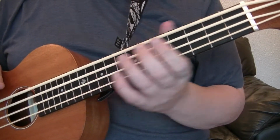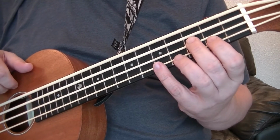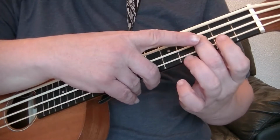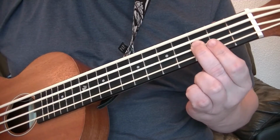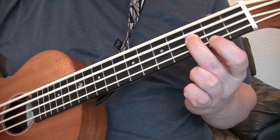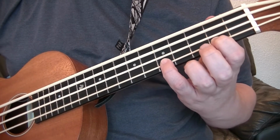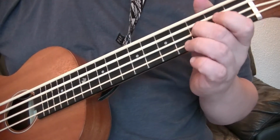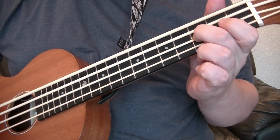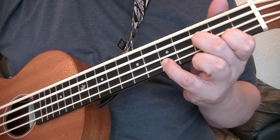So that was our C chord. To play the F chord, you simply move everything down one string. So this time we're on the 3rd fret of the D string, 2nd fret of the G string, and 5th fret of the G string, and back to 2nd. So it's 3rd fret of the D string, 2nd fret of the G string, 5th fret of the G string,